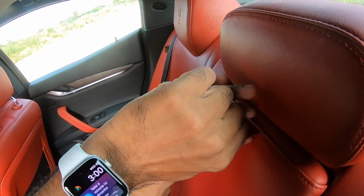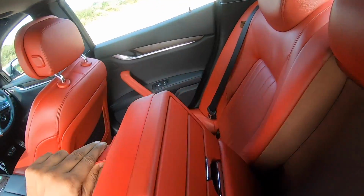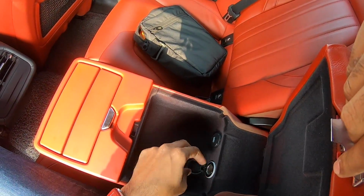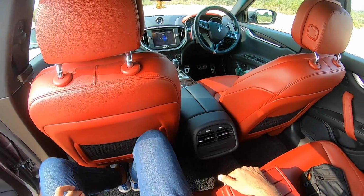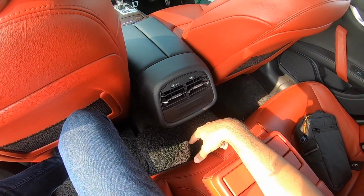You get a center armrest here at the rear, which won't open unless and until I pull it out. Yeah, there it goes. So below here you get twin cup holders, and below here as well there is storage space along with a 12-volt charging socket and a USB plug too, which is a nice touch. So red interiors feel really nice and classy in this car. Rear AC vents are placed as well, but the hump here in the center is so big that 3 people